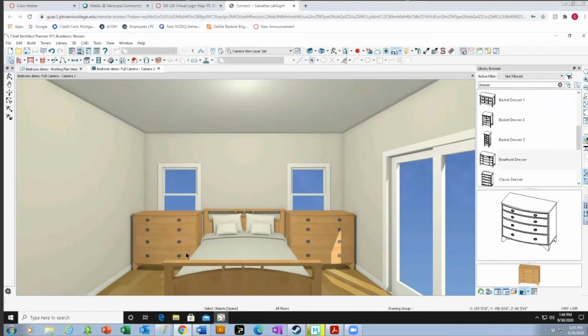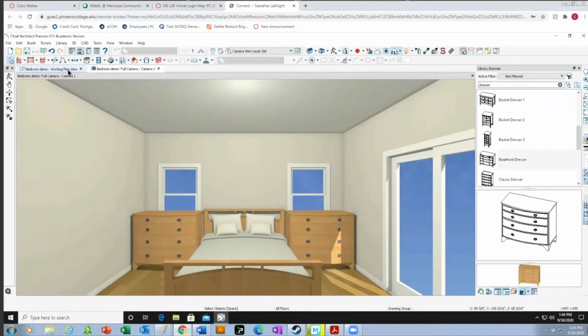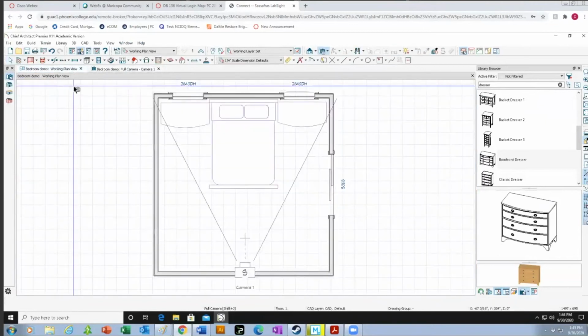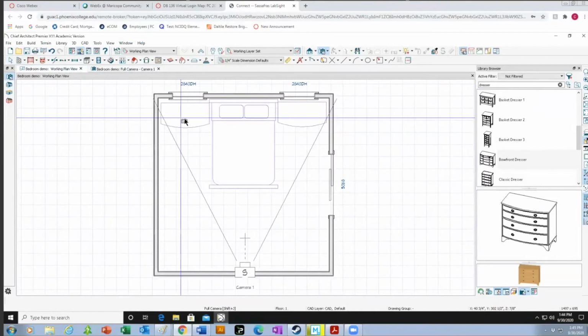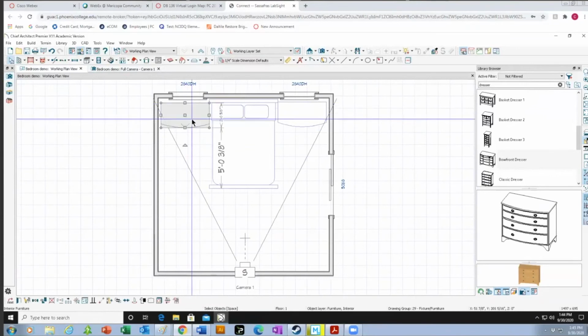So there's an object modifier, and there's 2 ways to get to the object modifier. So let's just do this first in 2D. So right now I have up here tabs. I have my plan view, and now I have a camera view. I'm just going to tab back to plan view. So I'm going to click, oh, see, I'm still in my camera, so I need to go back to my select tool. I'm going to click on the nightstand,